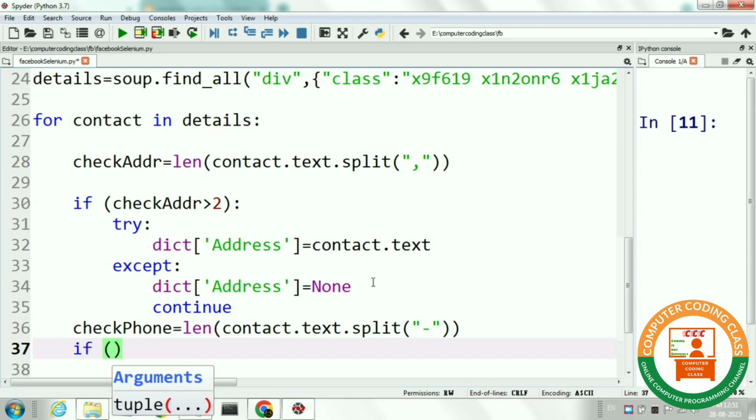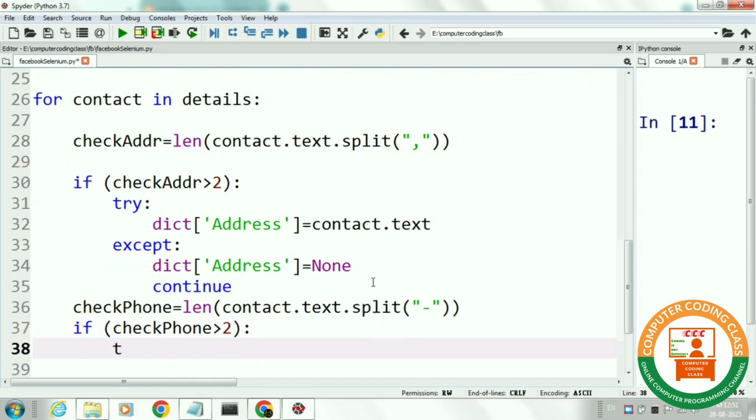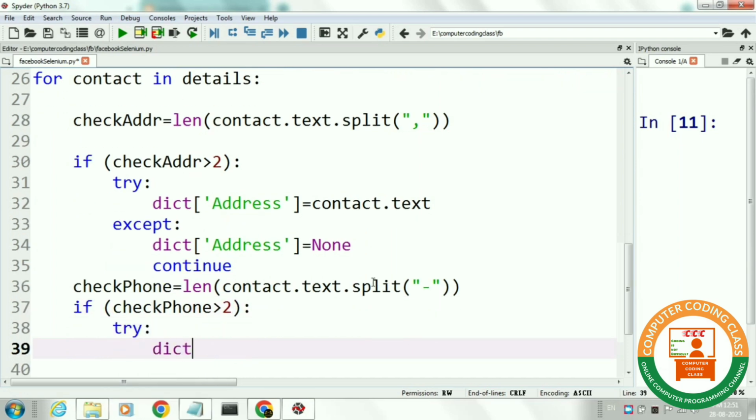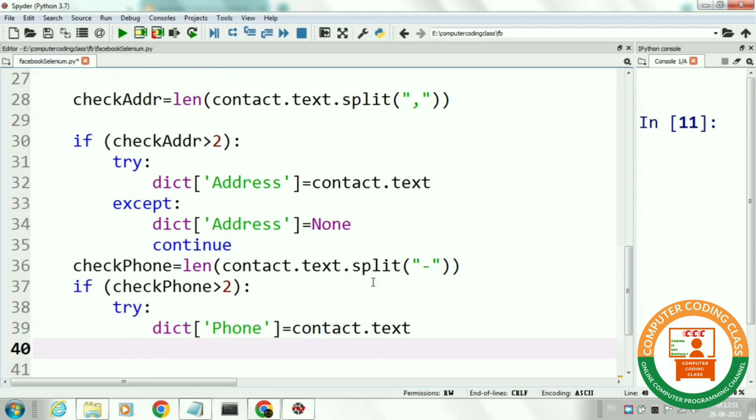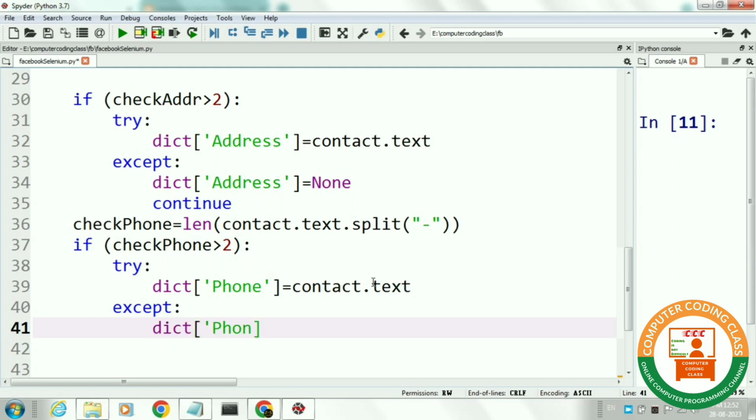We will add that word as a phone number in our dictionary. If there is no word that has more than 2 digits, then we will insert none as a phone number in the dictionary and continue the program.